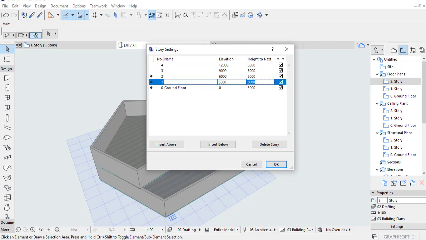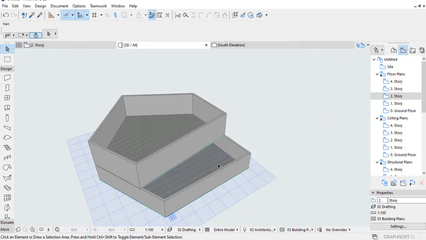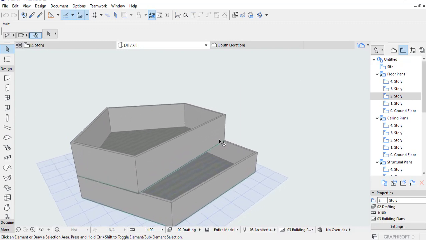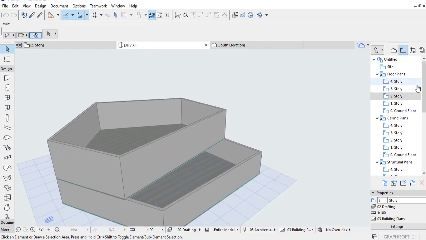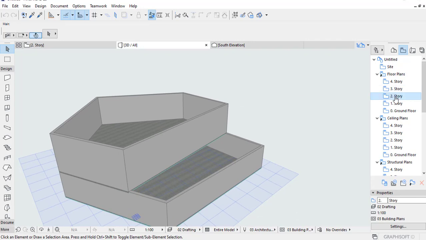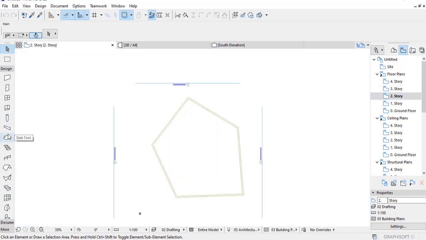So this is now 3000. If you want to change it to 4000, change this to 5000. What would happen is the wall heights have increased, so the next slab that I am going to draw on the second story, I draw slab here.